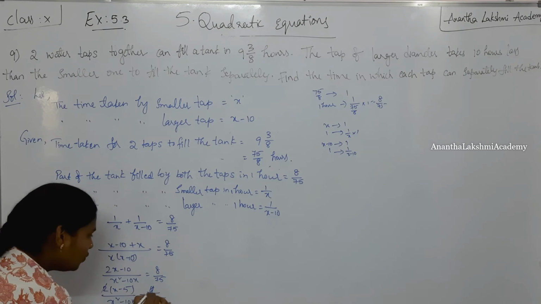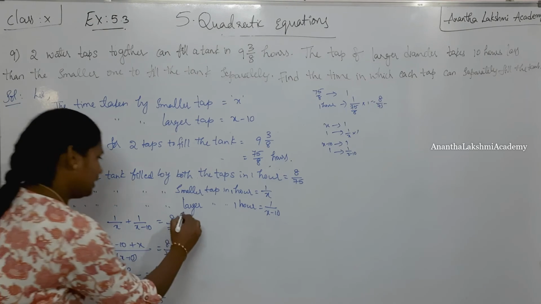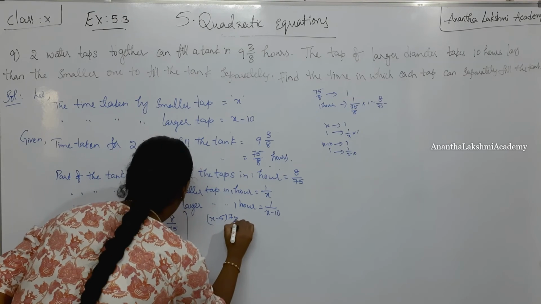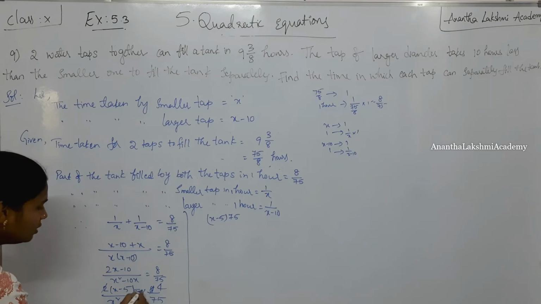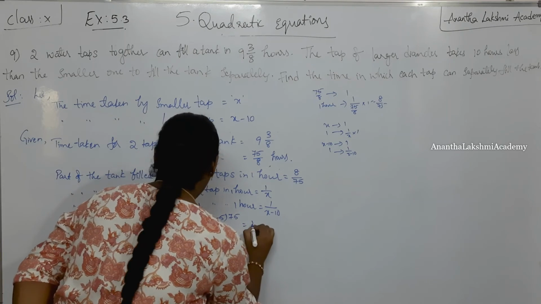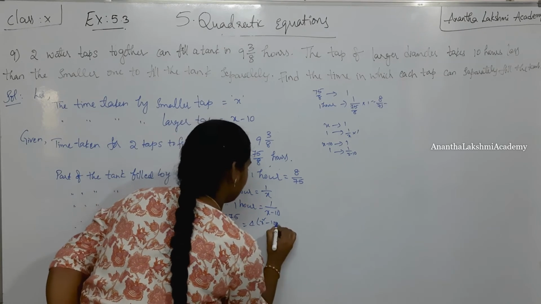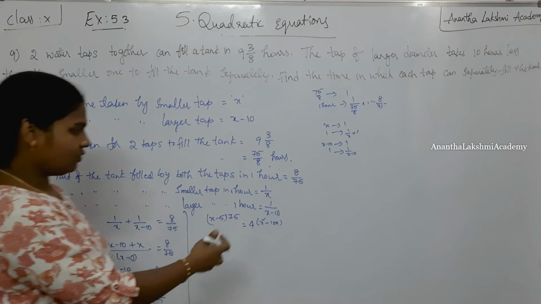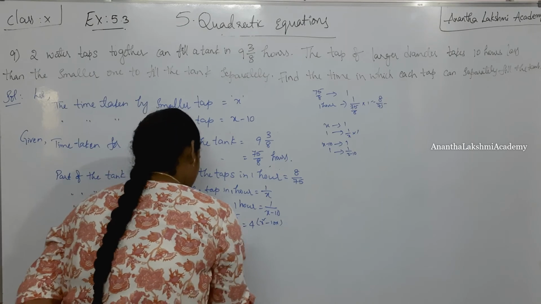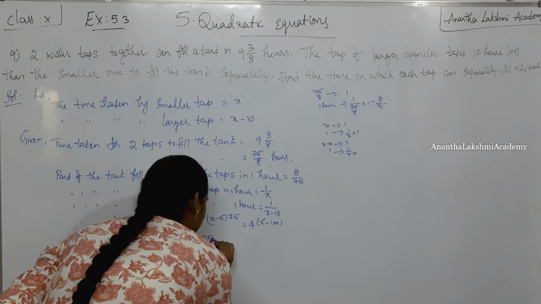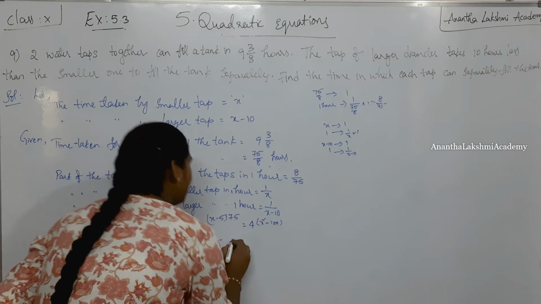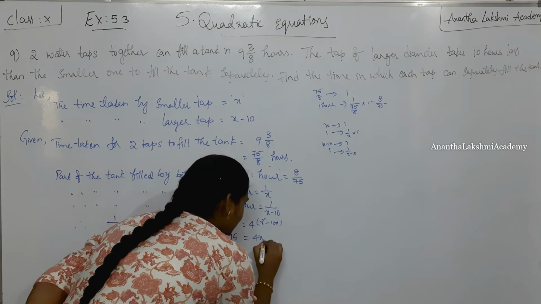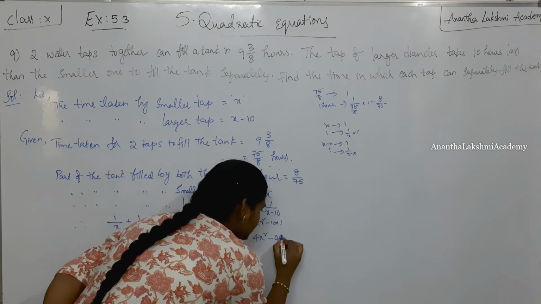2 1s are, 2 4s are here. Okay, now let us write it as x minus 5 into 75, I am doing cross multiplication here, is equal to 4 into x square minus 10x. Alright, x minus 5 into 75 is equal to 4 into x square minus 10x. This is going to be 75x minus 75 5s are 5, 5 5s are 25, 5 7s are 35. This is going to be 375, and 4x square minus 4 10s are 40x.